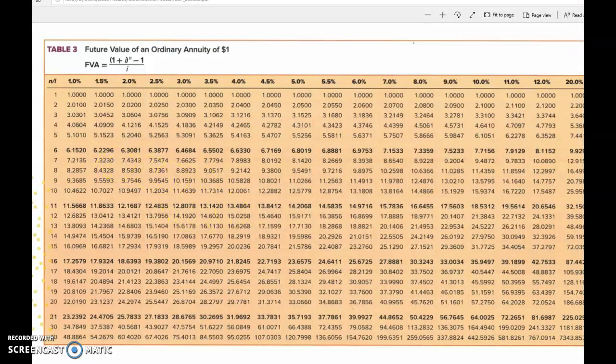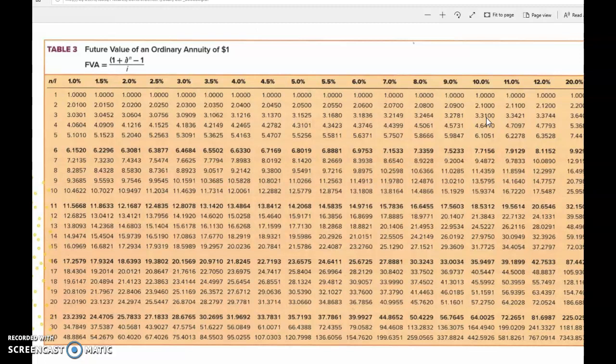So we need to use Table 3, future value of an ordinary annuity. Read down the far left column till you get to 3 periods, N equals 3. Then read across till you find 10%. And at that intersection, we have a factor of 3.31. Multiply that factor times 1 installment of $10,000, and you end up with a future value of this ordinary annuity